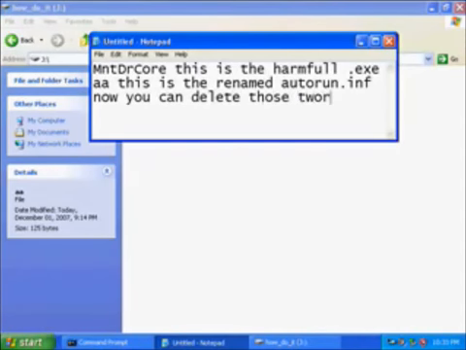By following these instructions, you can successfully delete the harmful files.